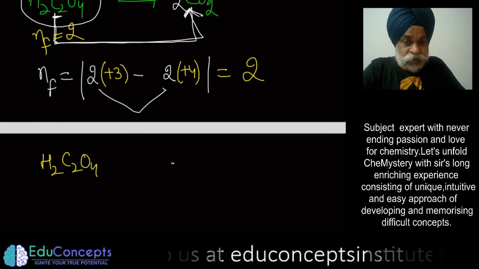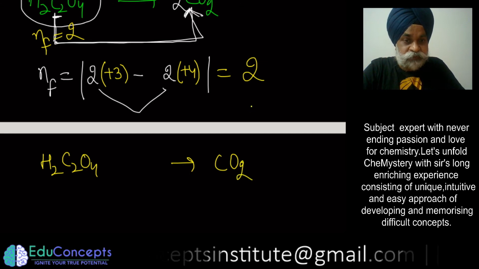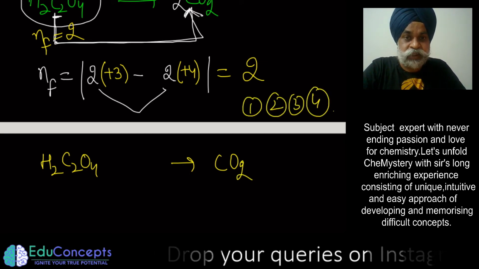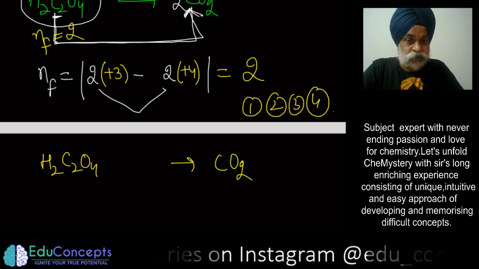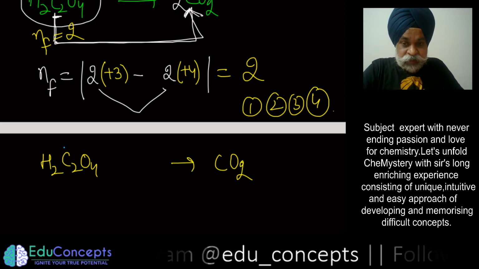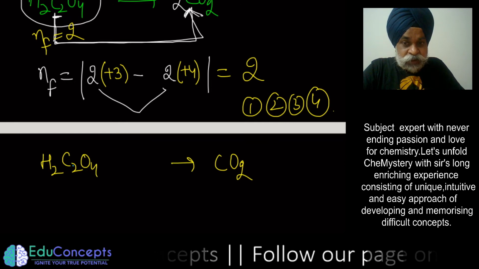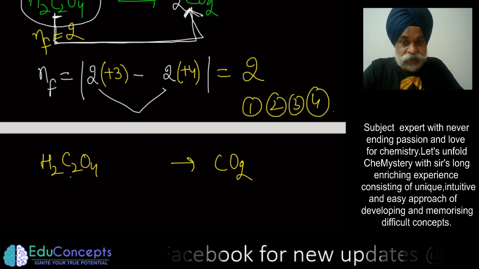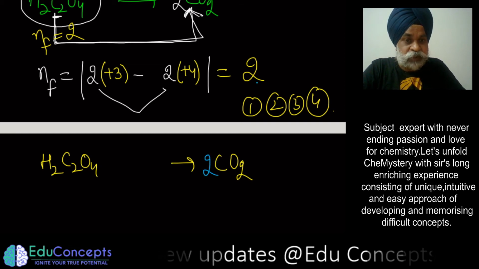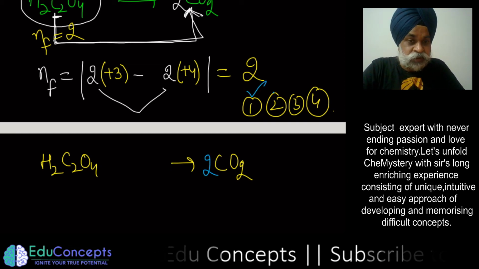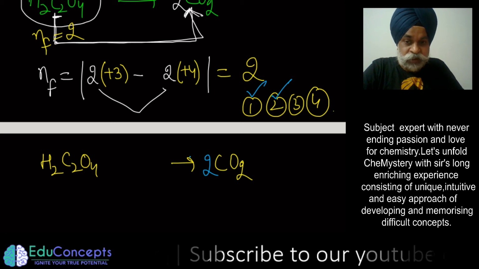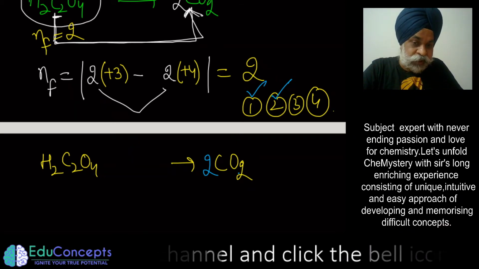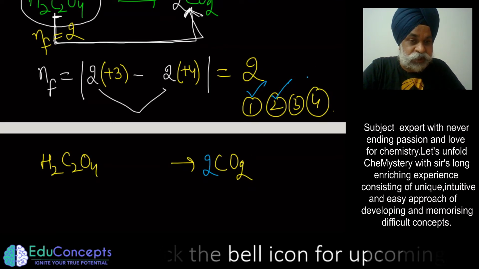Now, if you want to balance it out, there were 4 points which sir has told you. Simply, in hardly a few minutes, you are able to see how to balance it. अब देखिए कैसे बैलेंस करना है इसको. Leaving aside oxygen and hydrogen, balance all other elements. So there are 2 carbon atoms, so I place 2 carbon atoms. So first point is done. Second point is in regard to the water. So how many oxygens do you have on the product side? 4. On the reactant side also 4. So second point is also done.